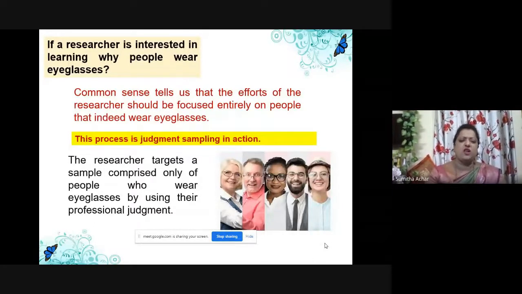Again, this is possible only when you do not have your sampling frame or a pre-list of your sample details with you. So this can be applicable. Again, a question: can you have a combination of judgment sampling and convenience sampling? Of course. There is no right and wrong method, you can always mix up the sampling techniques.